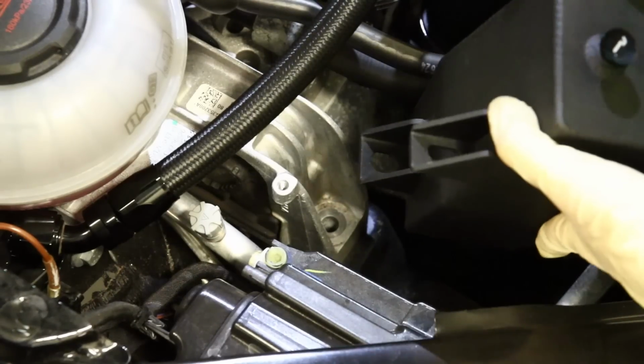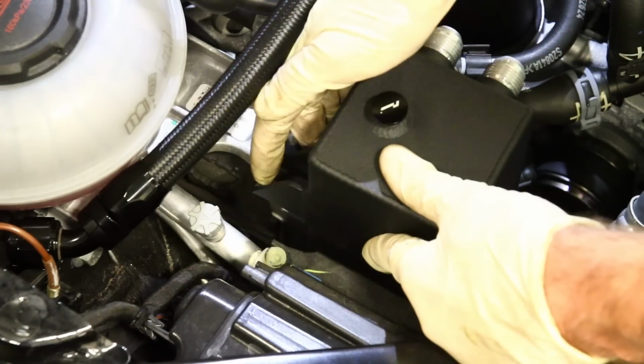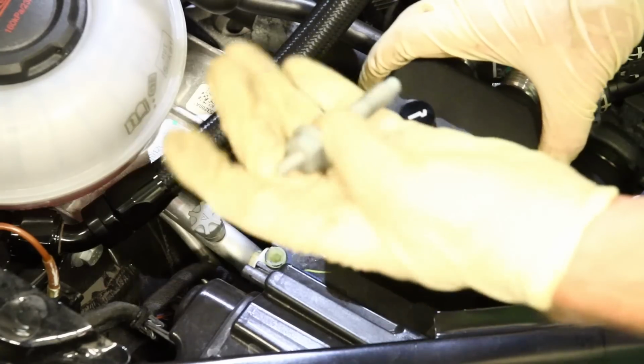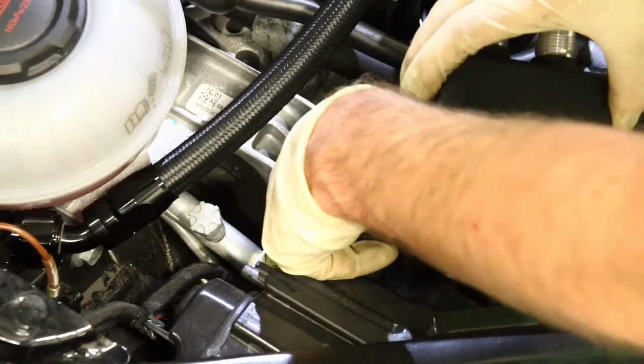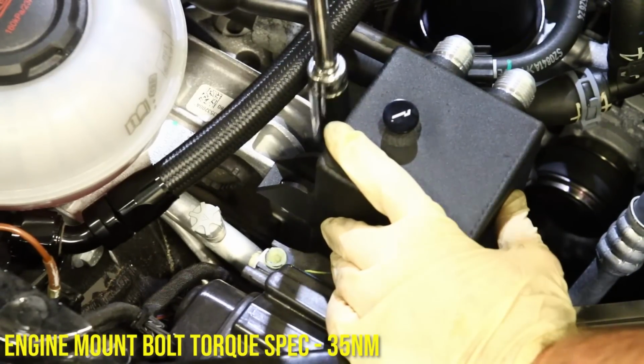Okay, so here is our catch can itself. The lower is in place like so. There is a screw included that mounts right there, and then the engine mount bolt goes back in place here. So we're just gonna throw that guy down, get that mounted in place, and then we'll thread our 16 back